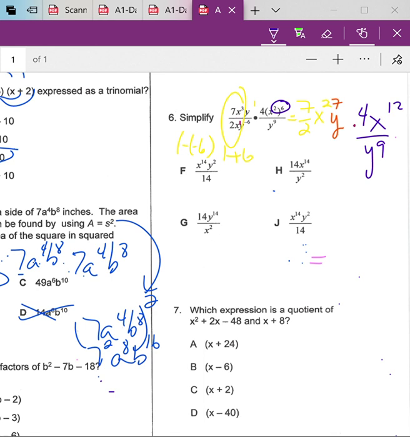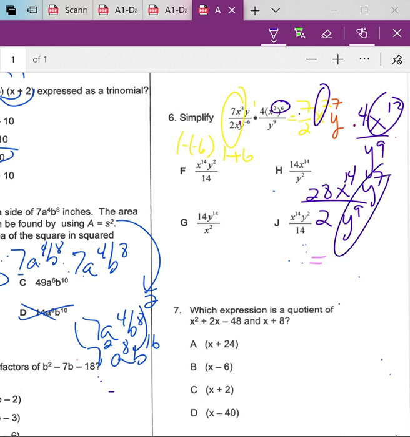If I put them together, you have 7 and 4 on the top, so that'll be multiplying. You have 2 on the bottom and y to the 9 on the bottom. But then I have 2 x's, and if I'm multiplying the x's, you add their exponents. Okay, but I also have a y to the 7 on the top, and I almost forgot it. Well, these will still combine, and I would have to subtract them, and I will end up with a negative 2, right? So this will be x to the 14, y to the negative 2, and 28 divided by 2